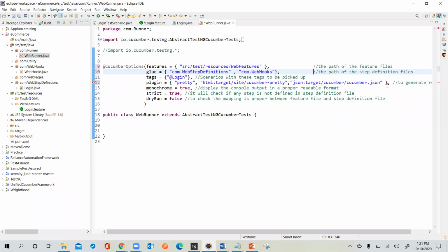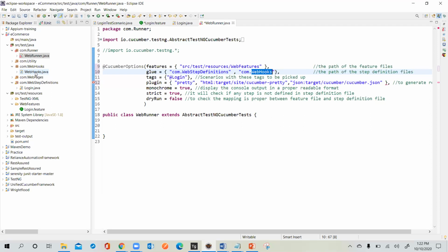We mention it. And here we are talking about something called webhooks. What is this webhooks? We understand feature files and step definition files, but we didn't understand what a webhook means. This is from the older versions of Cucumber, and in the latest versions it changed. But what is a hook? In TestNG, we know before method and after method, right? The same way, the hierarchy starts from suite, then before test, before class, before method.